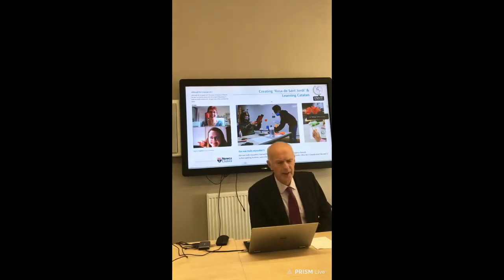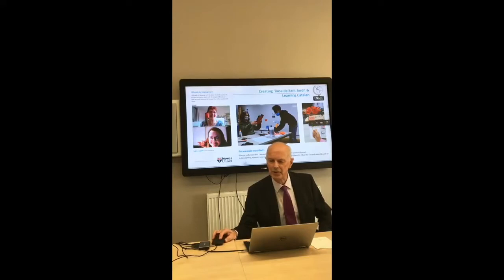Okay, so examples of feedback then. The participants there, here they're learning Catalan and they're making the Rosa there. You can see on the right, let's drag this down a bit. This is Rosa de Sant Jordi. And you can see that the participants are able to give feedback, which we're then able to analyse and feed into the research.